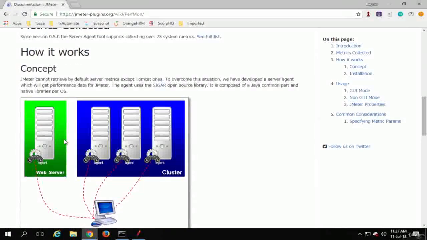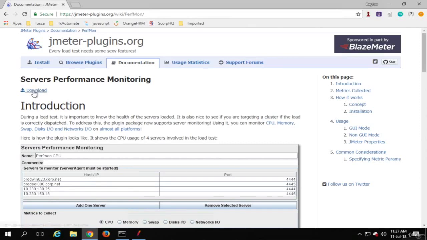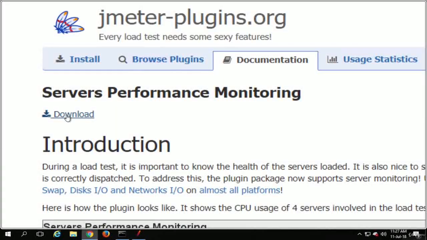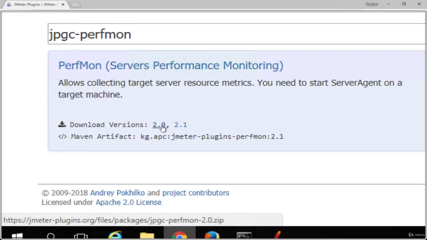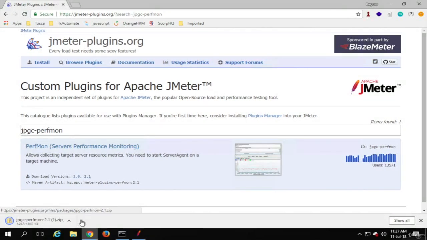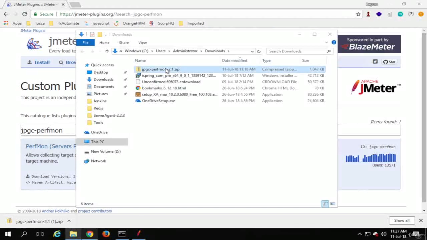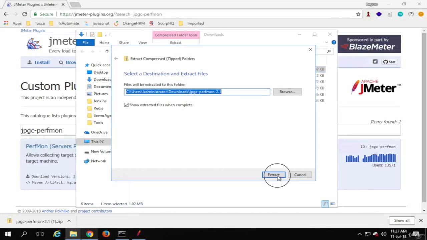In case you want some more detailed information, you can read this, and I am going to go to this download link here. I will click on this download, and here you can see you have different versions. You can get the 2.0 or 2.1. I am getting the latest version here, and once this is downloaded, you can just unzip this. So let us unzip this.